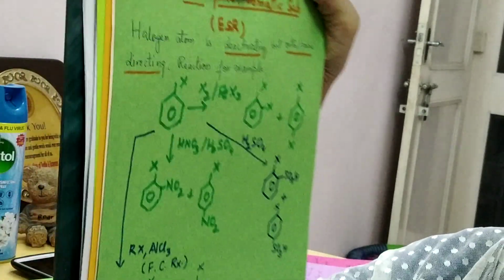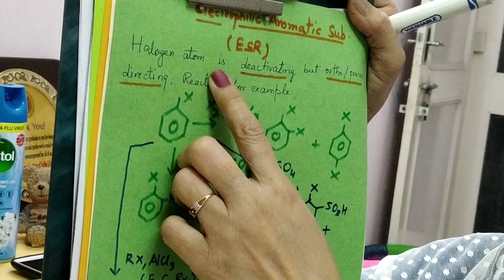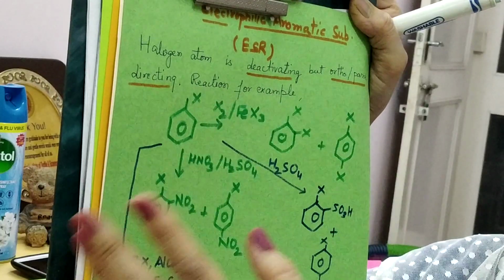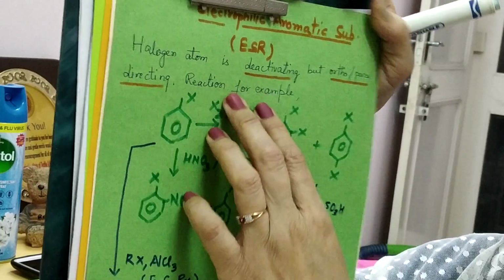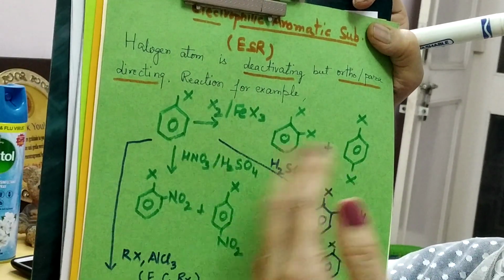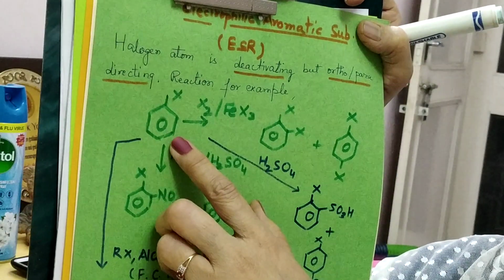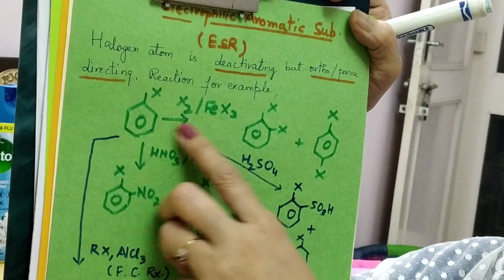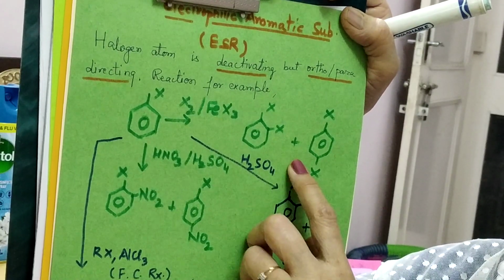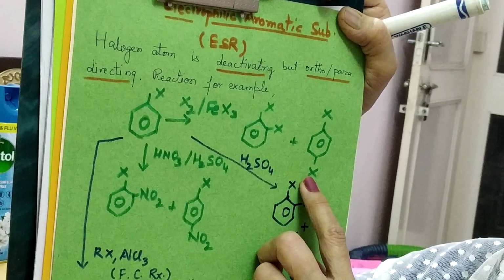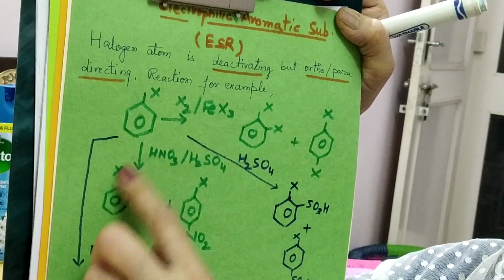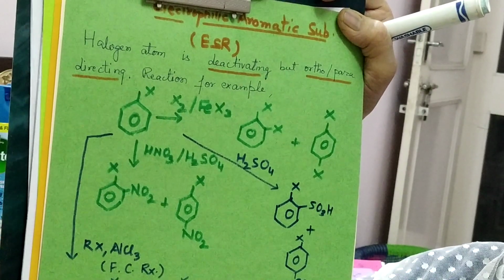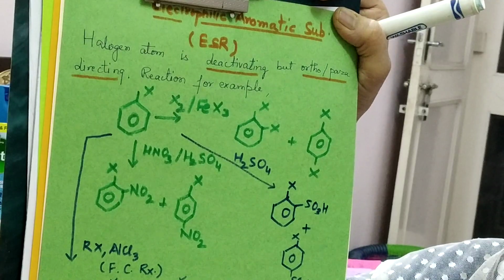Next are the electrophilic substitution reactions, electrophilic aromatic substitution. These reactions are also shown by aryl halides, as they are shown by any compound which contains a benzene ring. You can see the examples here. You have any aryl halide here. It can be halogenated, of course, at ortho and para positions. It can be sulfonated, it can be nitrated, it also can show Friedel-Crafts reactions.